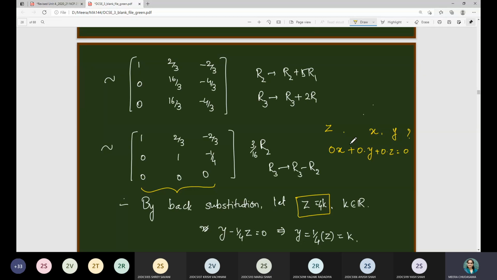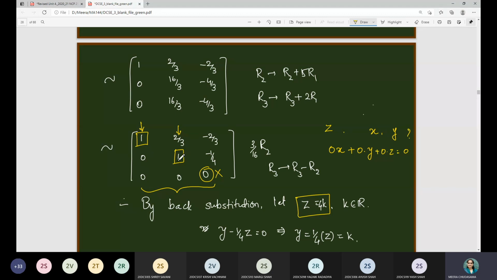Because keep in mind, this has to be considered in your first semester only. If you see, leading one appears for the first column, which is for the variable x. Leading one appears for the second column also, which is for the variable y. Whereas there is no leading one for the third column, which corresponds to the z variable. Therefore, the scalar quantity has been chosen by the variable z.